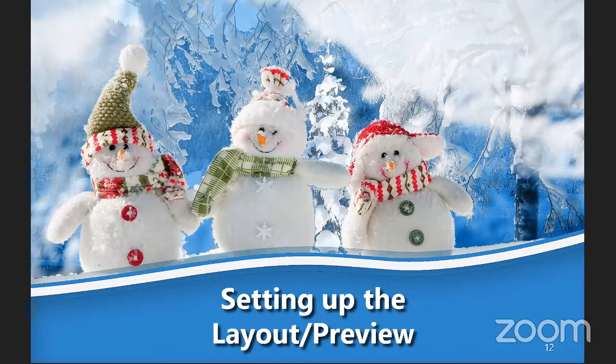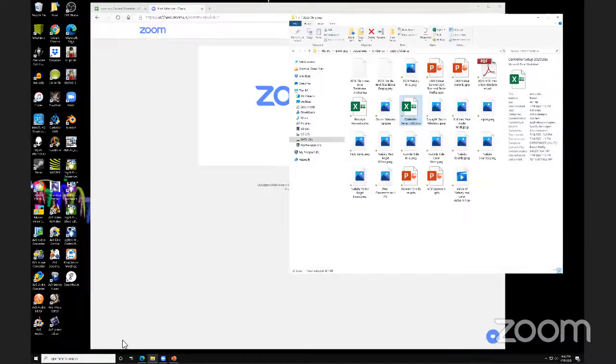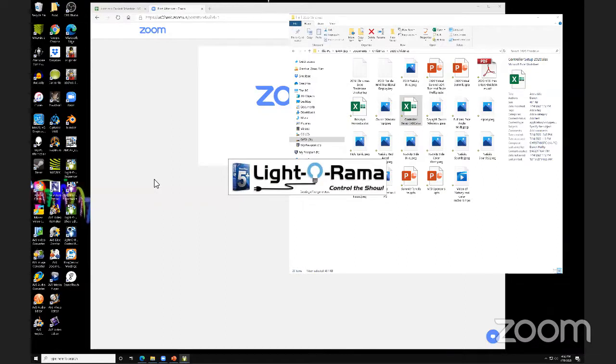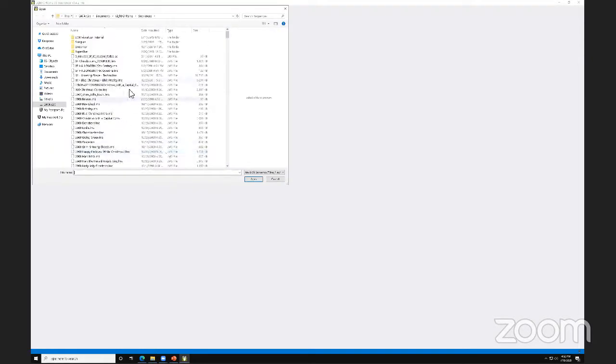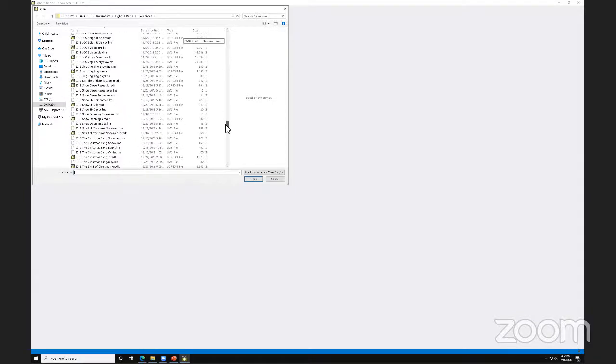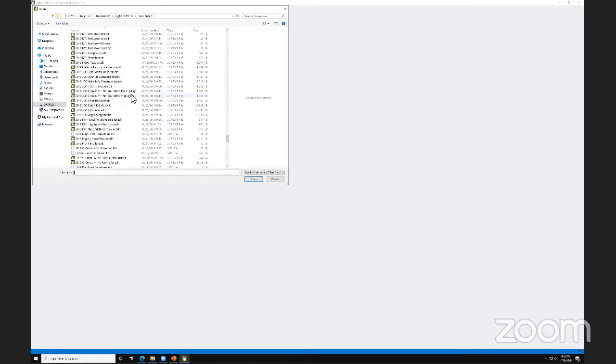So let's go in and look at a layout and preview inside Light-O-Rama. I had this previously loaded up, but when my PC had me reboot it, everything died. 5.4.2 is, as my understanding, still the most recent version. So let's open up